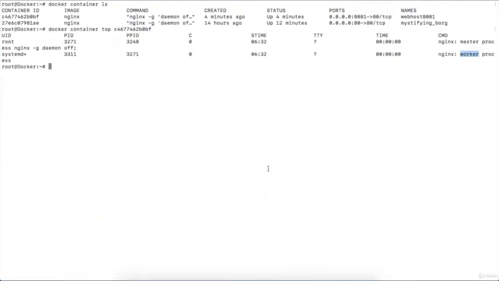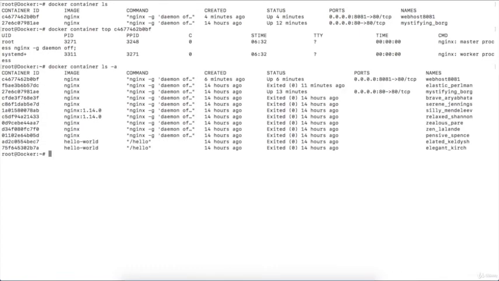So here is my terminal, and I will execute the command docker container ls -a. It will list all the running and stopped containers. And suppose I want to remove all the containers which have executed on this Docker engine. For this, I will execute the command docker container rm.